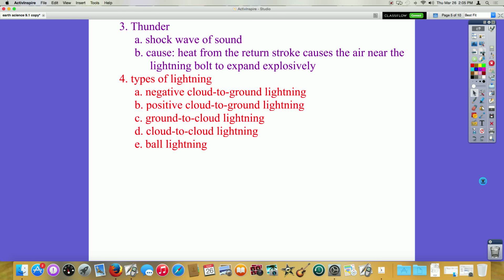I enjoy sitting outside under a porch during thunderstorms, and when that lightning and thunder are almost right on top of each other, that's when it's happening right above you. And then you can tell it's moving away when the duration gets longer.